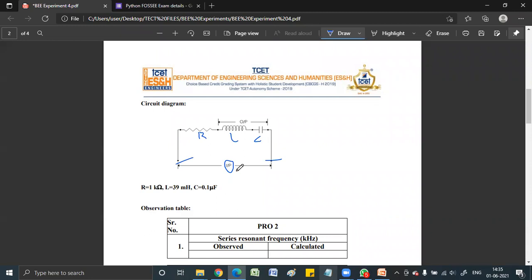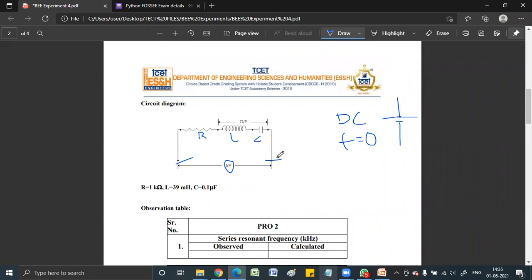So we had used DC, right? Does DC have any frequency? What is the frequency of a DC signal? 0. Yeah. DC signal frequency, your F is nothing but 0. So how do you apply DC in your circuit if you want to apply? You put a source, right? You connect a battery. So when you put a battery, that means you're giving DC to your circuit. But what about AC?